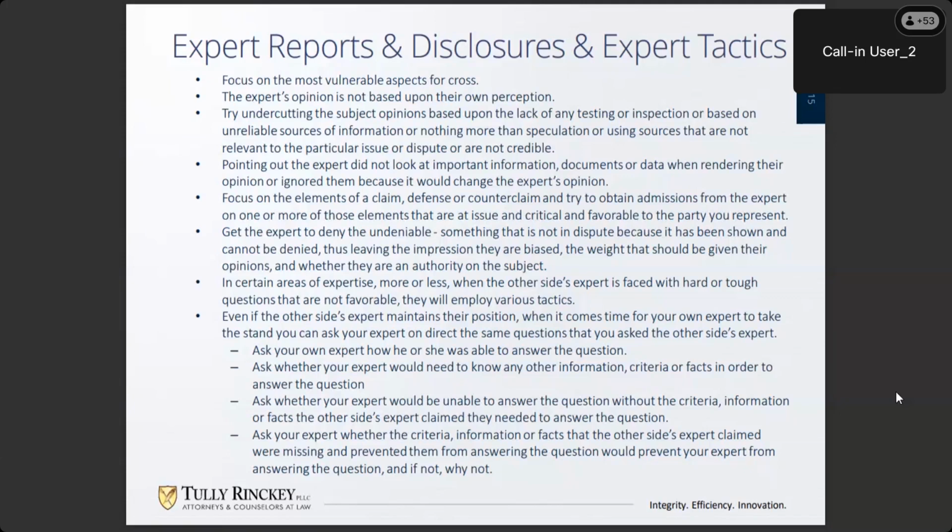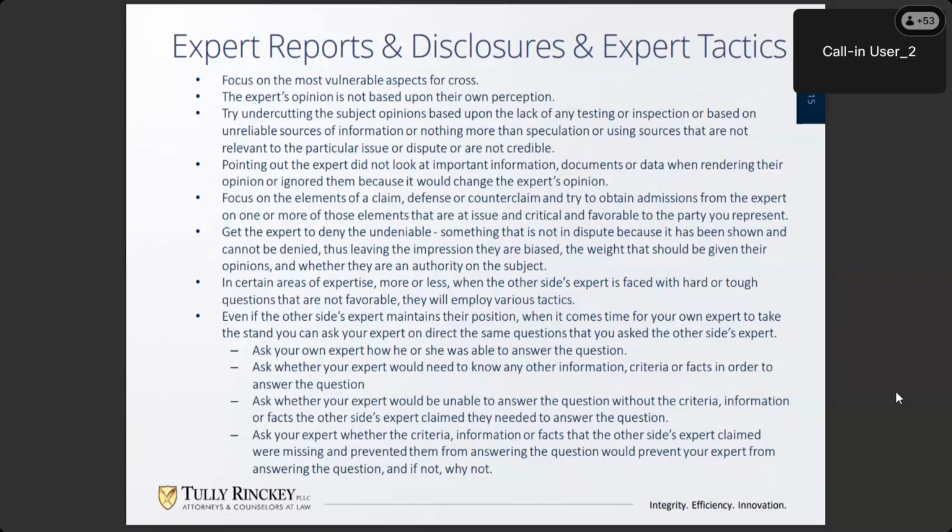So if faced with an expert who claims they don't understand the question or hypothetical, or needs more information to answer it, again, you fall back on, "Hey, humor me," and rely on your own knowledge and expertise to answer the question. So we try to frame the questions, designed, and we fall back on leading, to demonstrate the expert is refusing to